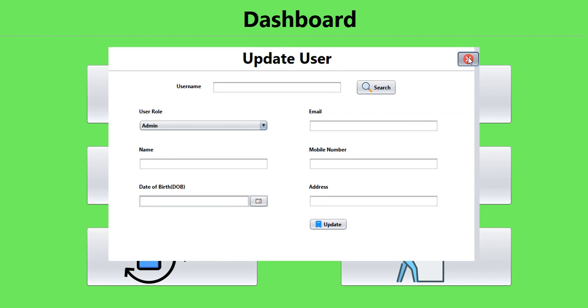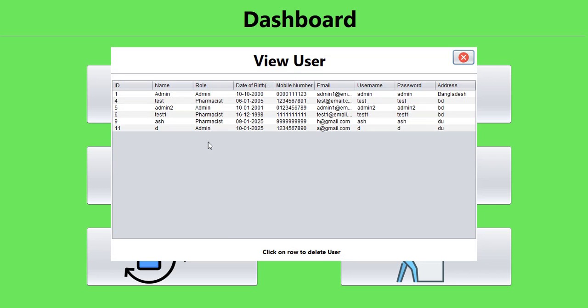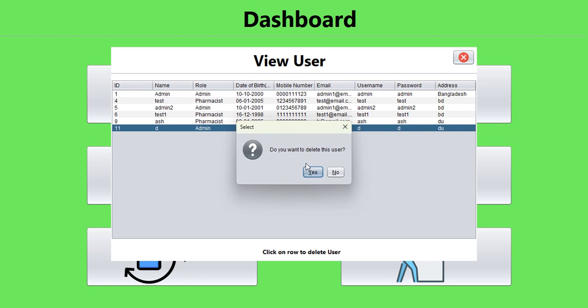Let us view our user again. We'll see that the role of the user has been changed from pharmacist to admin. Now, if you want to delete a user, we'll just have to click on this user, and this information message will appear asking do you want to delete this user, and click on yes, and the user will